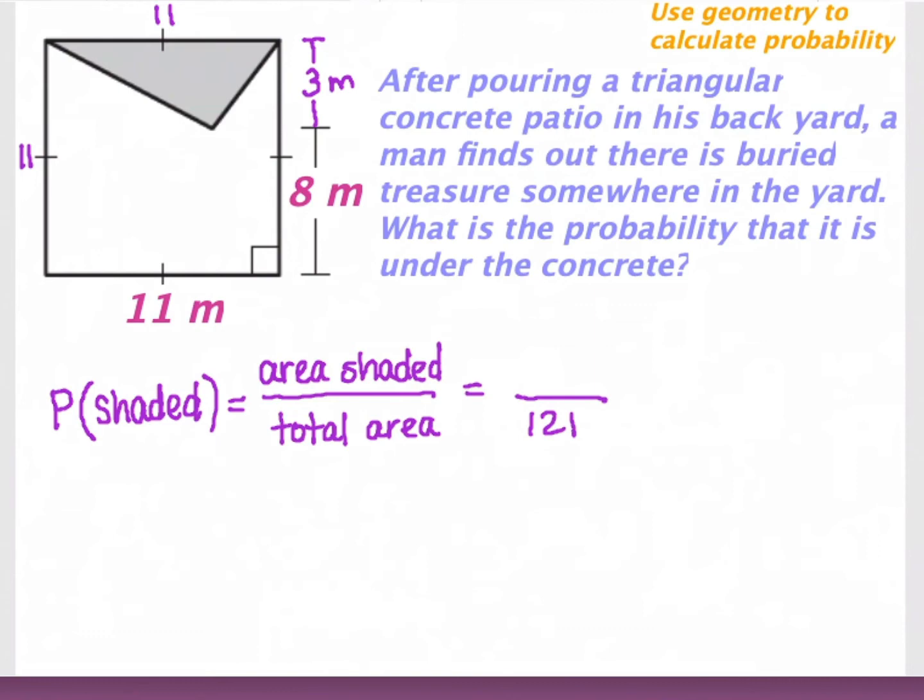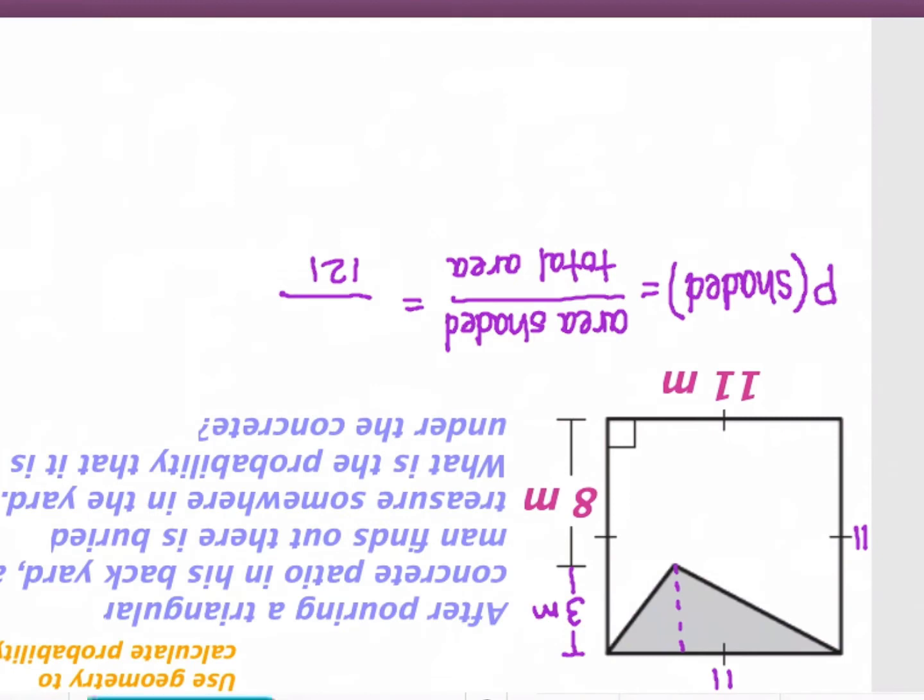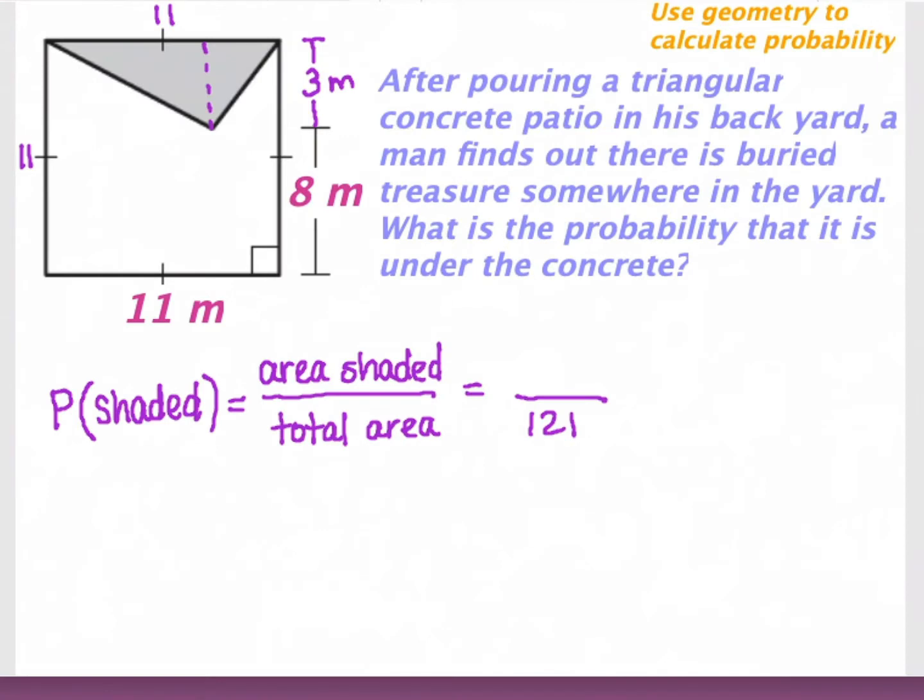What dimensions do we know? I guess I just figured out the height of it, didn't I? Would it help if you looked at this upside down for a second? The base is 11 and the height is 3. Even if it is upside down, we can use 11 as the base and 3 as the height. So the area of our shaded part would be, since it's a triangle, 1/2 base times height. And there's no funky pi or anything in there, so it'd be fine to figure that out right away because it comes out to 16.5 even divided by 121, and our probability is about